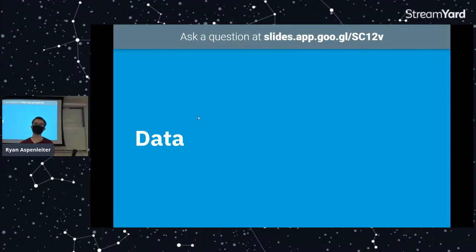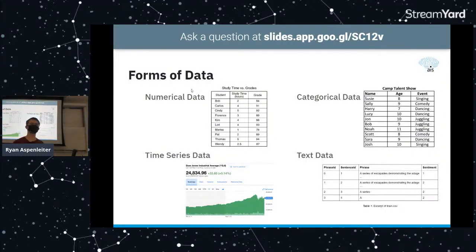So with a Kaggle contest, you could be working with a number of different types of data. So it's a number of options. First of all, a pretty common one is just numerical data. This is pretty simple. This is just anything that is based purely on a number. So for instance, an example up here, I don't know how well you guys can see this, but study time in hours for each student, that could be considered numerical data because you're dealing with a raw number.